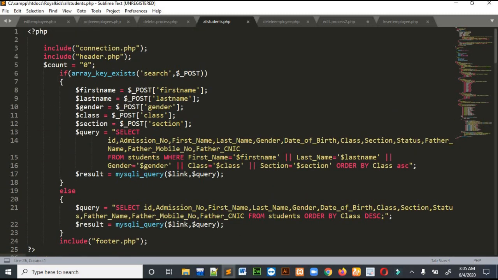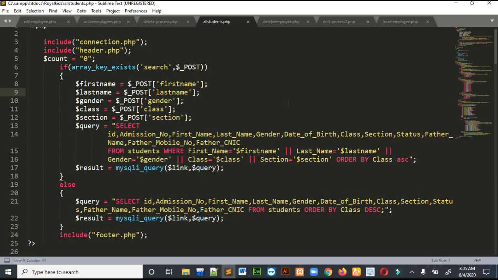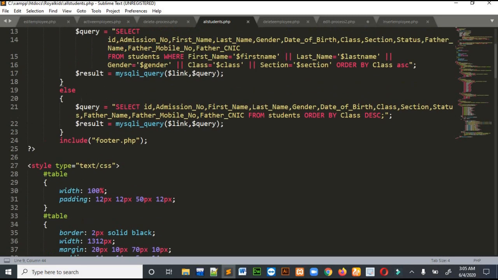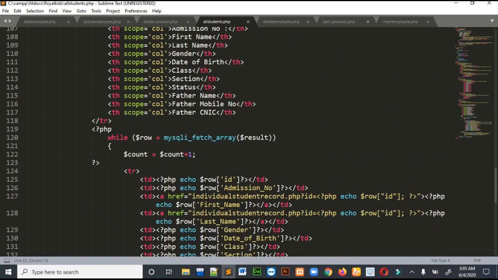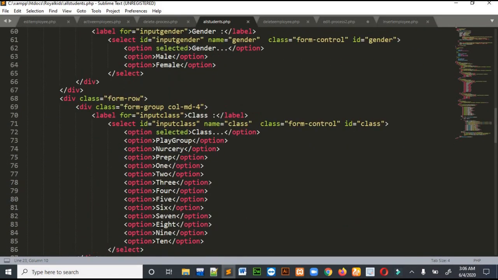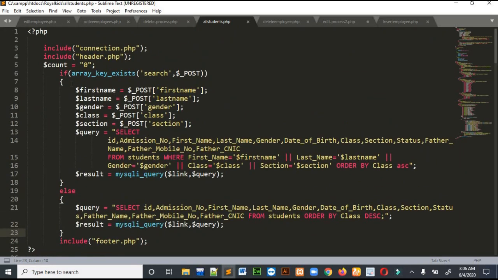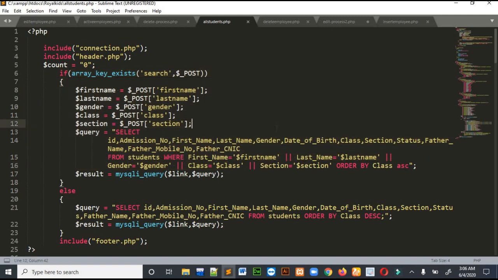This query will never run until the user searches the information. This query is selecting the data from the database and showing it, using the same logic. Whenever the user searches the information using these form filters, this query will override the data. This is the only thing we are doing in this page.